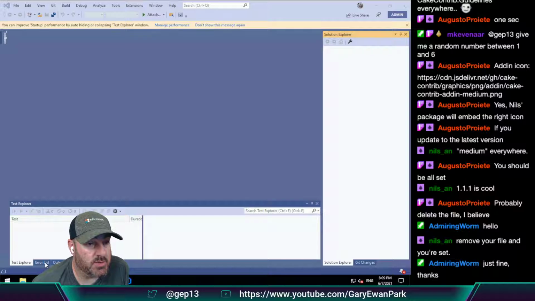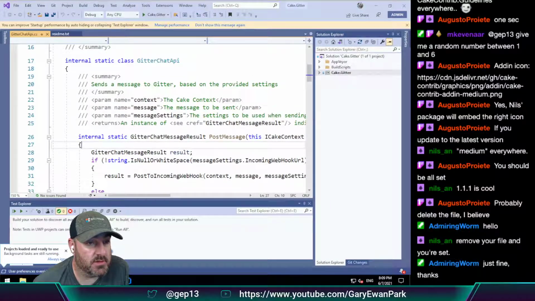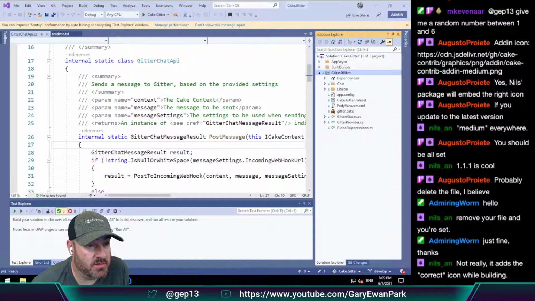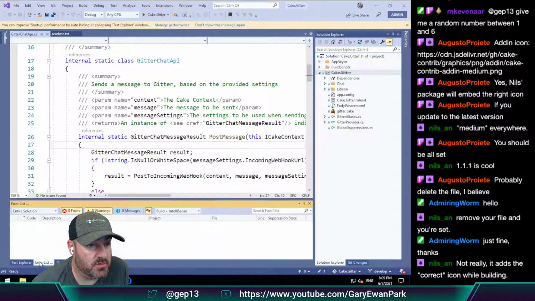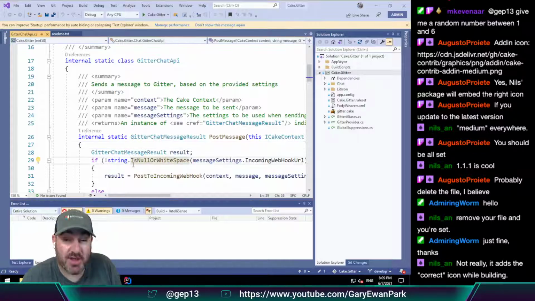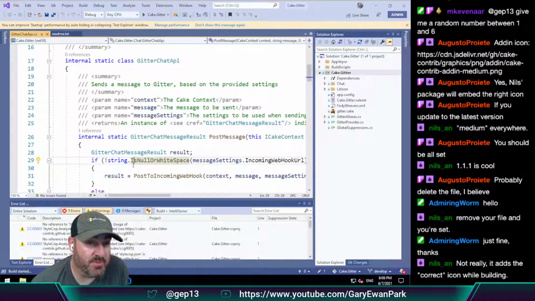Then I guess what I'm expecting to see is magic, is what I'm expecting to see. So icon.png disappeared there. It was there and then it disappeared. So it adds the correct icon model. That's magic. So if I do the build then,